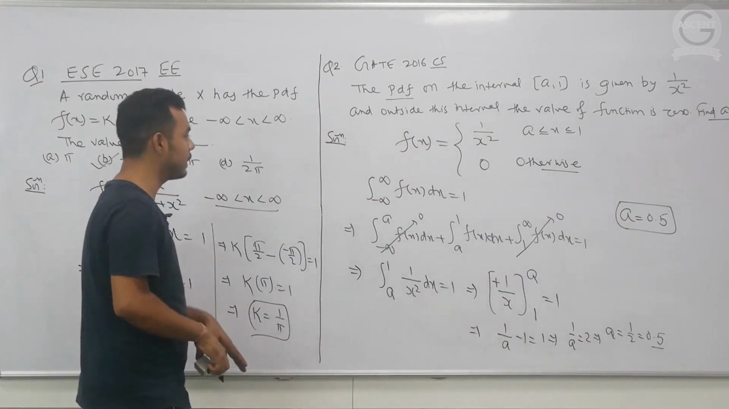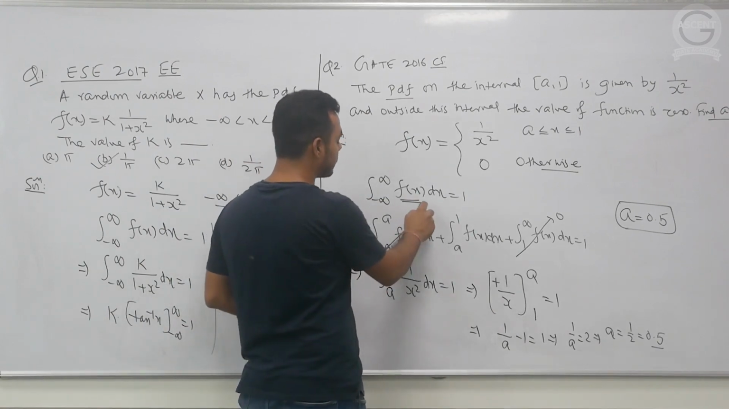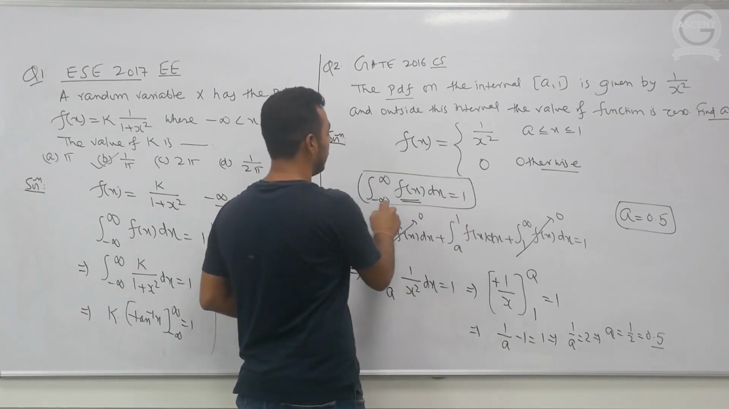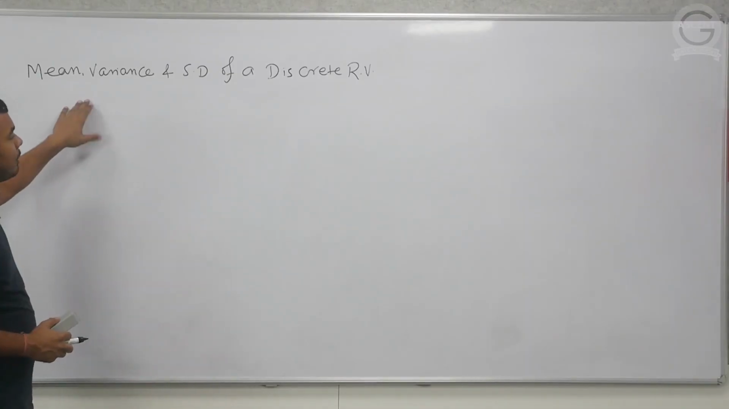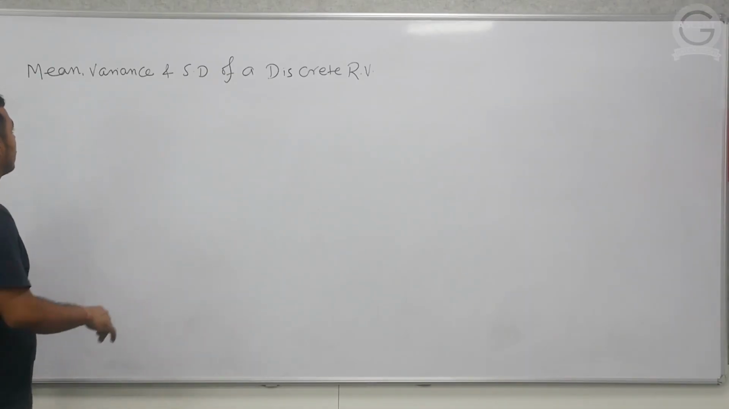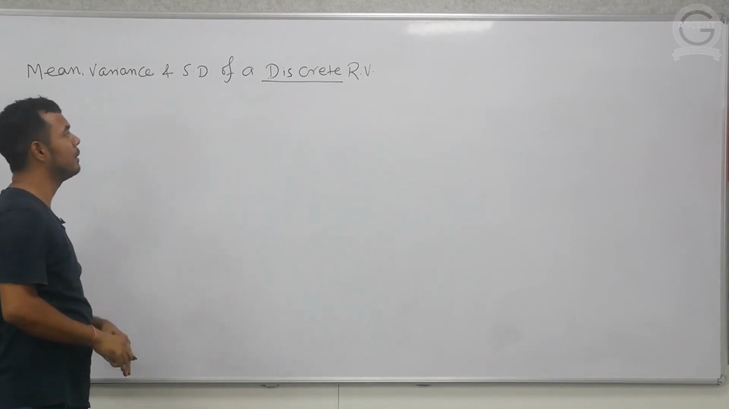Once you know this relation, that the integration from minus infinity to infinity of f(x) dx is 1 if f(x) is a probability density function, then you can easily solve these types of problems. Our next concept is mean, variance and standard deviation. First we'll see how to calculate these quantities for a discrete random variable, and then we'll see the same thing